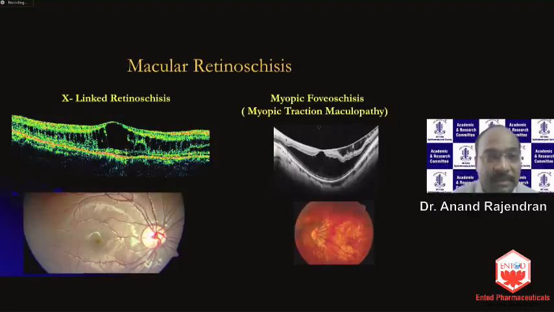Other causes of macular schisis, which can mimic macular edema, are X-linked retinal schisis. This is one of the commonest retinal dystrophies seen in young boys. You would see on clinical picture, bilateral, the classic bicycle spoke wheel pattern, and on OCT, there will be this giveaway vertical palisading pattern, schisis, which you would see, and it needs to be differentiated. Or something similar is myopic foveoschisis, also better known as myopic tractional maculopathy, which you see in pathological myopias.